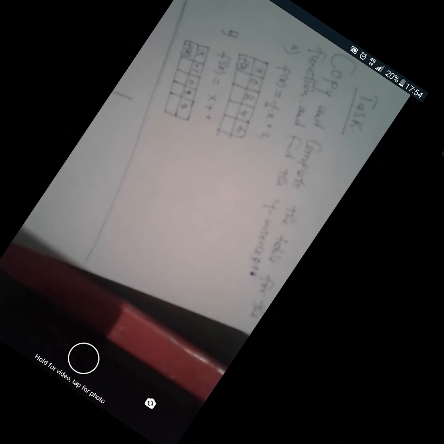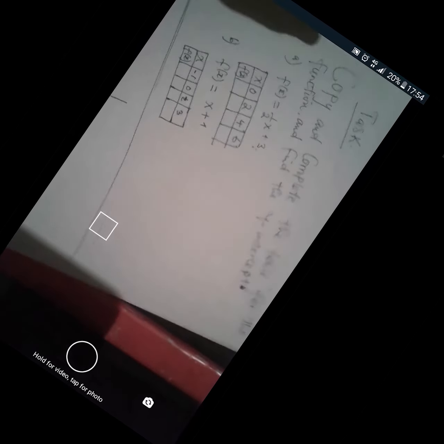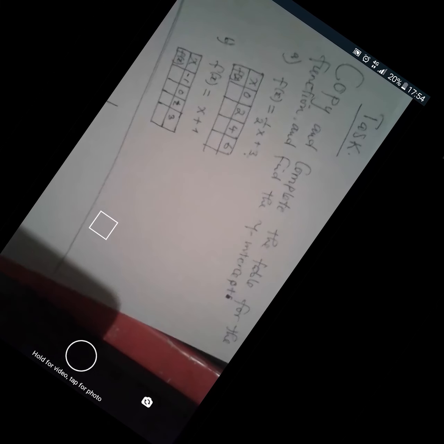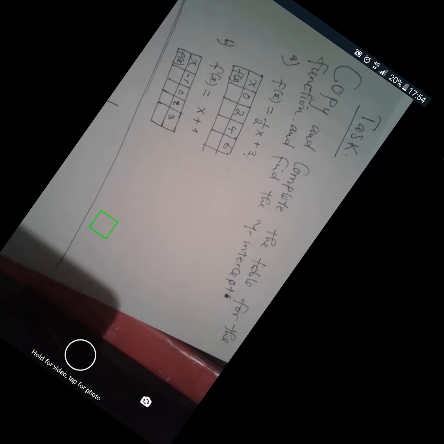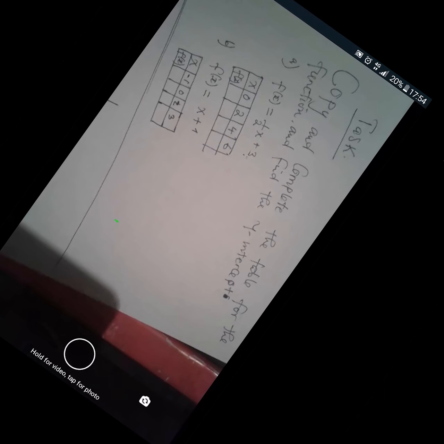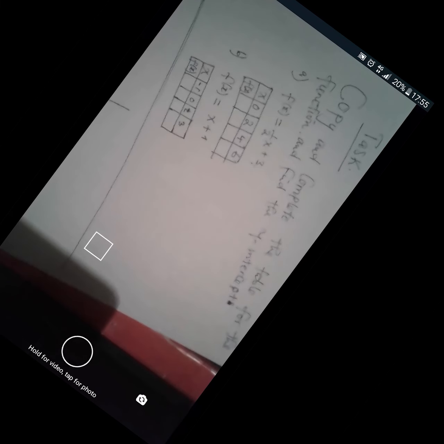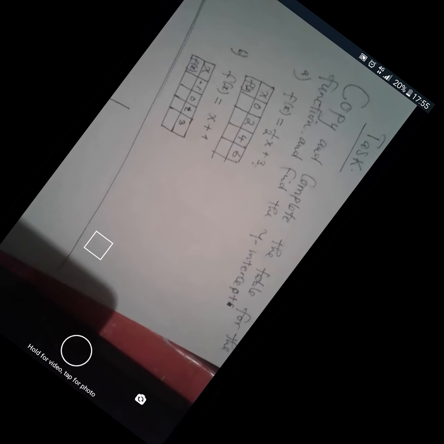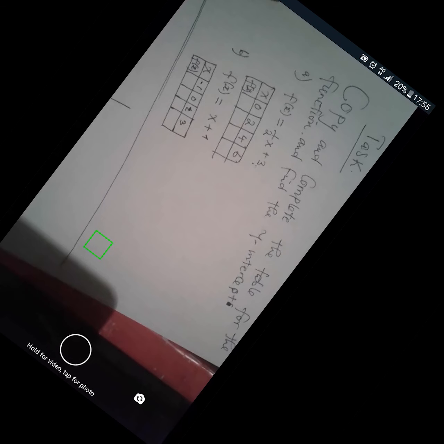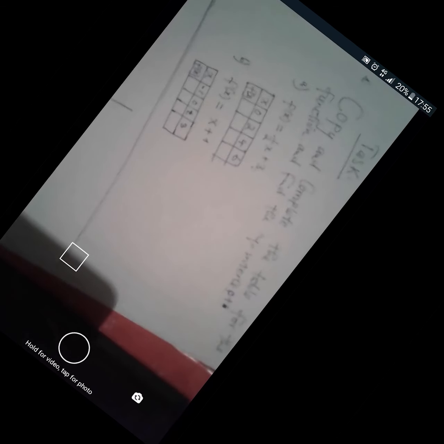So can you kindly focus the camera? I want to copy. Okay, sure. Okay. Thank you. Yes. Okay, I'll keep on doing that. So,